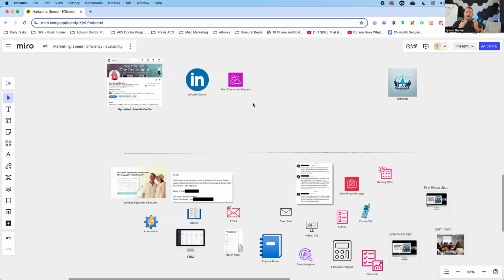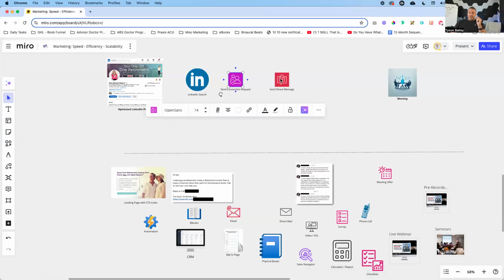Now, when somebody goes out and is doing this for the first time, you have to understand that if you don't have something like a lead magnet, an attraction magnet, a value-based offer, there will be a lot of manual messaging that will take up your time in order to get somebody from a connection request to a meeting. So I'm going to go ahead and put send direct message inside of here. Now, if you're doing this manually on LinkedIn, you want to make sure that you're maxing out your connection requests every single day. LinkedIn has a limit on how many connection requests you can send out on a weekly basis, and that's use it or lose it. They don't carry over to the next week, so send out as many as possible.